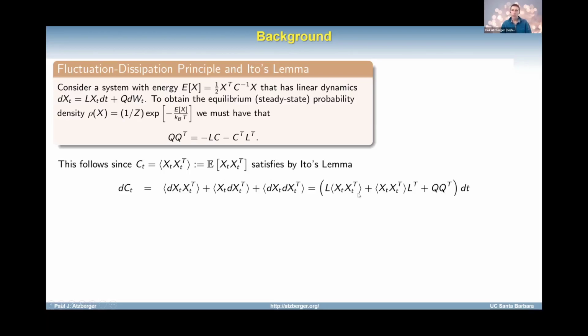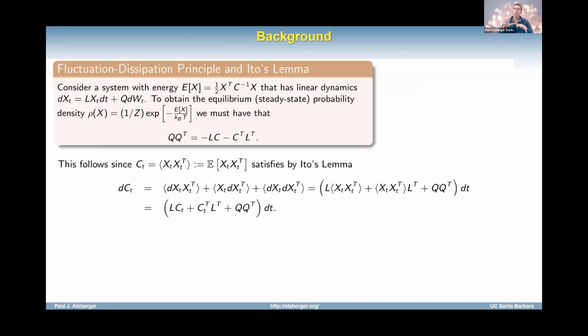And so, okay, what you end up with then is the following expression for how the covariance structure is going to evolve over time for this linear stochastic system. And so what's interesting about that is, okay, this is the final equation you get. And so now, remember what we're trying to do here. We have certain pieces of information, such as we know what the equilibrium distribution should look like.